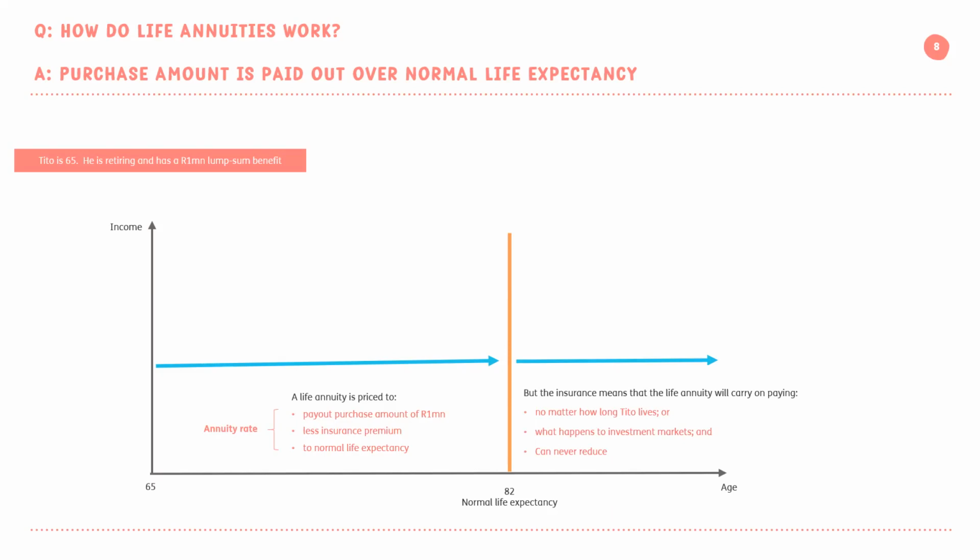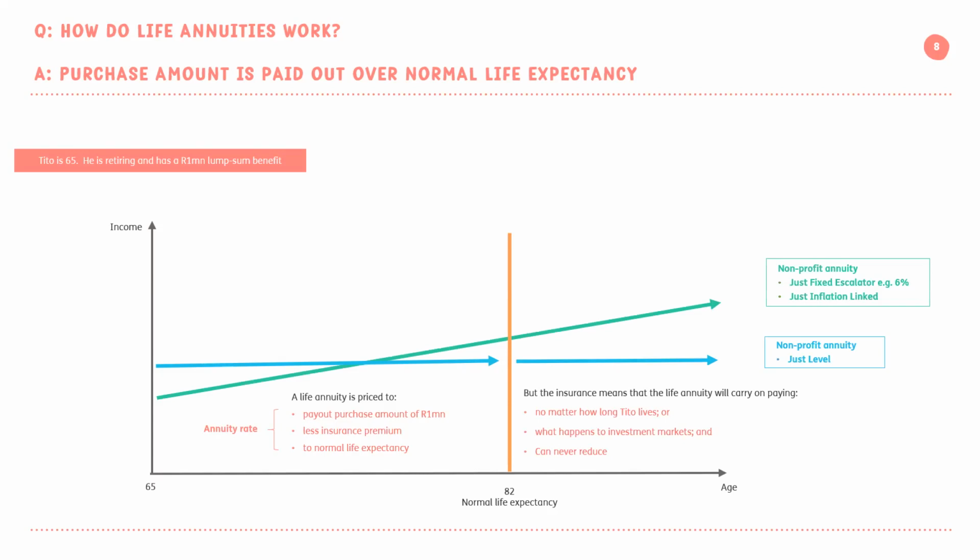Essentially, if you take R1 million of capital, less the insurance premium, price it to the life expectancy. And that's how we calculate the annuity rate. And no matter how long the retiree lives, they'll continue to receive the income. The blue line would be a representative of a level annuity, what I've spoken about. The green line would be a representation of a fixed escalation or an inflation-linked annuity, starting off lower but going up